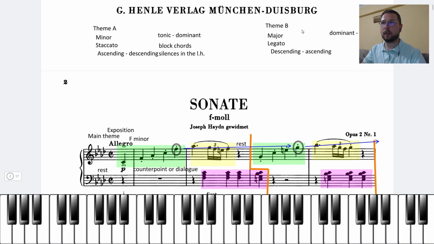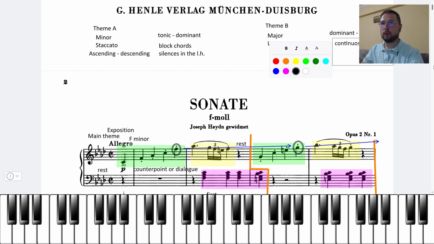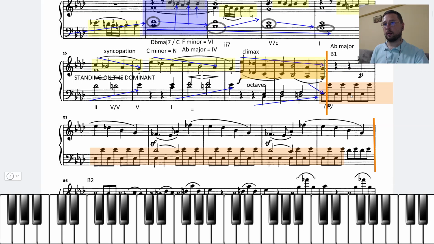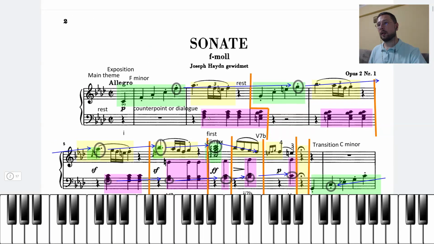And the second theme, B, actually it's just the opposite. We have a continuous flow of octaves, not even chords, but octaves. And we have no silences. It's a continuous flow. So these are perfect opposites, right? And at the same time here we have a harmonic change that basically is characterizing each repetition